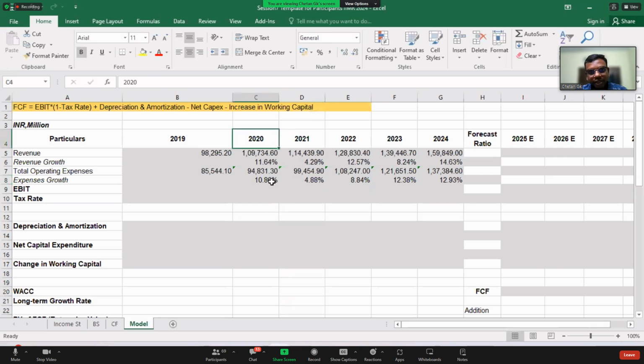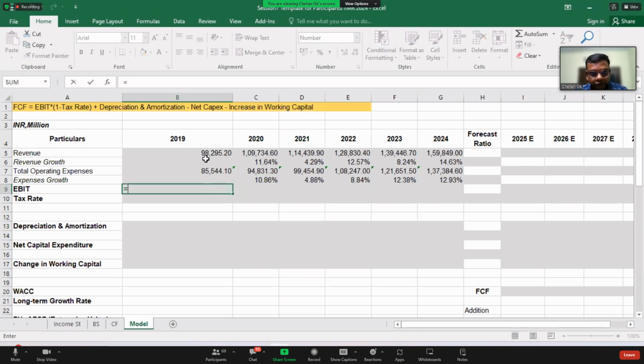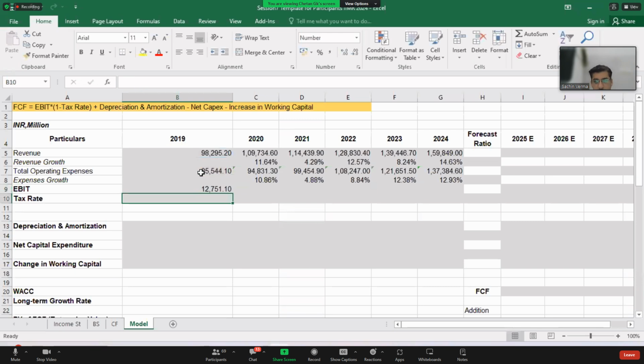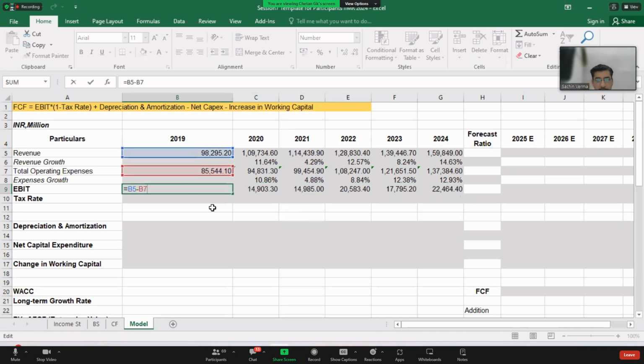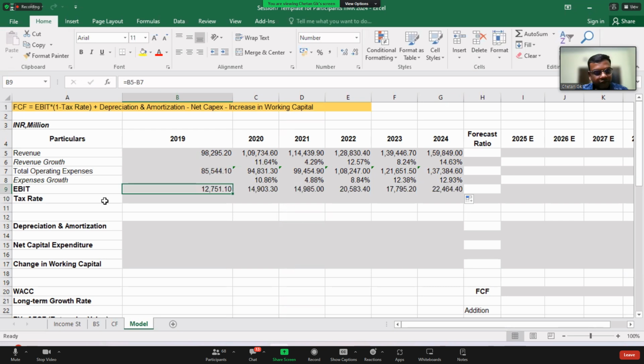Automatically, this Excel will take care of the above line only, right? What is EBIT? You know, EBIT is equal to revenue minus your OPEX. Correct? Total operating expense. Does it include taxes? Operating expenses. Now, tax will come here. We will compute the tax rate as well. EBIT is earnings before interest and taxes, right? So the taxes are also there actually.